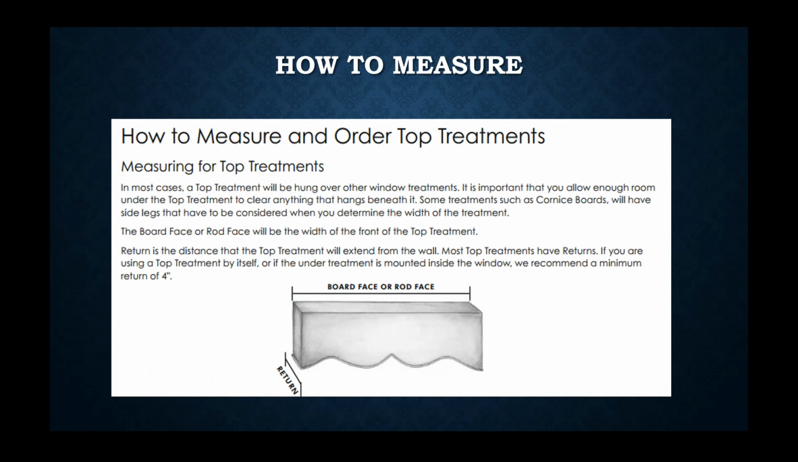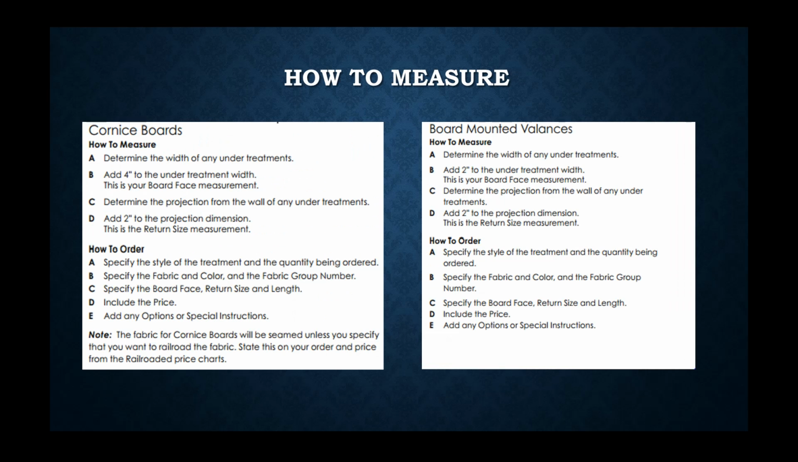Here again, we put in a little how to measure scenario. So I won't take you through all the details, but if I'm doing cornices, it's just basically telling you order tip to tip, or what we like to call the face measurement. And then it walks you through the different cornice boards. Or if you're doing board mounted valances, it walks you through and makes you think, before I go out to measure, these are the things I need to keep in consideration when I'm out measuring